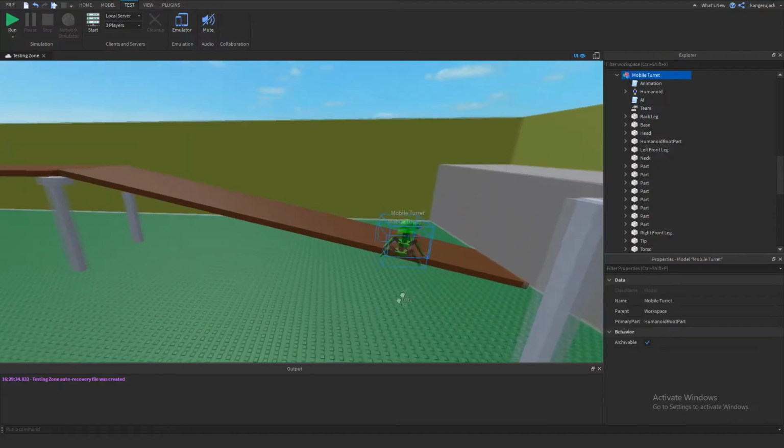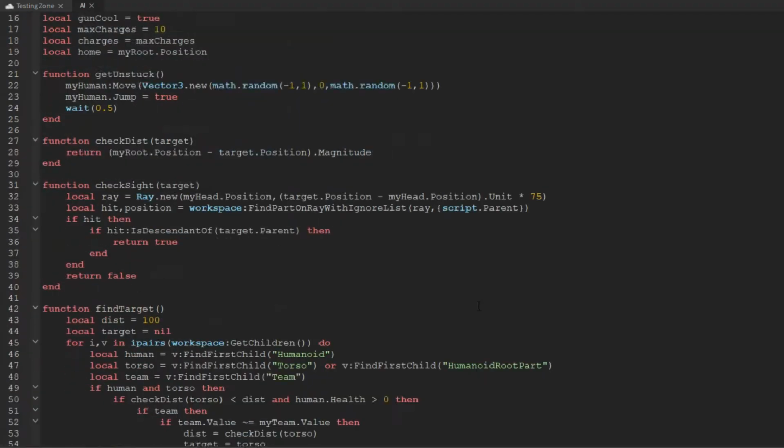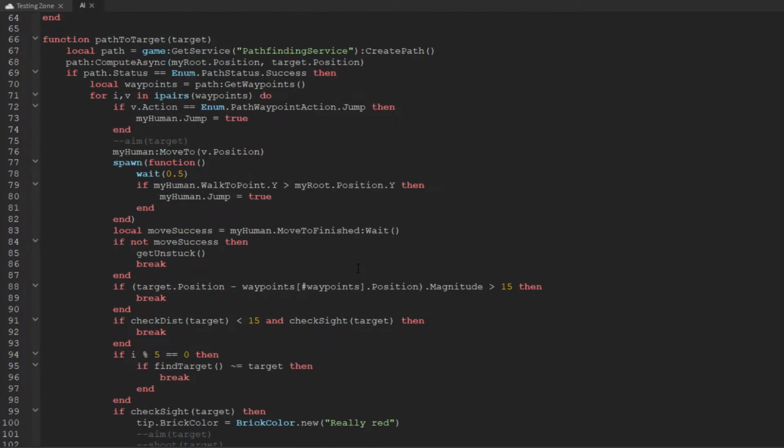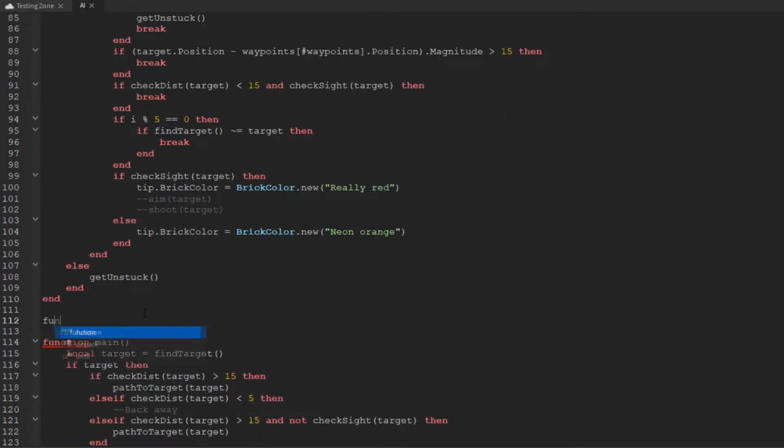So it looks like all of that code we just wrote is working fairly well. Let's continue here. I guess we can go ahead and set up the attacking now. So let's just get to that. Should be fairly simple. So let's see, after the path to target, we'll do function shoot target,